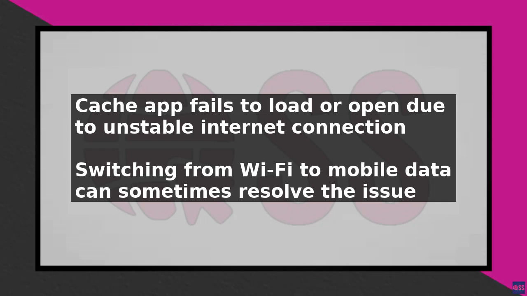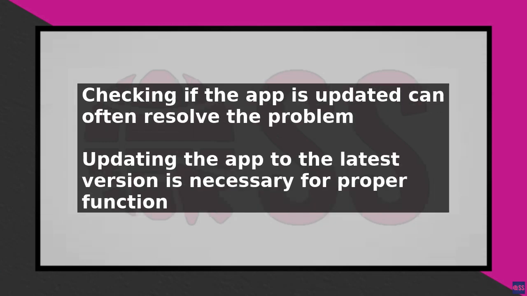Since the Cache app is an internet-based application, a stable connection is necessary for it to function properly. Switching from Wi-Fi to mobile data, or vice versa, can sometimes resolve the issue. If the app still fails to open after switching internet connections, the next step is to check if the app